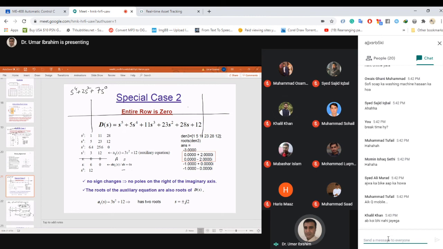यस सर। ठीक है, सो इमेजिन करें कि हमारा एक्स एक्सिस या रियल एक्सिस एक मिरर है, और मेरे यहाँ पे एक पोल आ जाए, रूट आ जाए। तो इसका मिरर इमेज कहाँ पे बनेगा? अगर ये आपका मिरर है, if the real axis is your mirror, इसका मिरर इमेज यहाँ पे बनेगा ना? ठीक है, अगर जो वर्टिकल एक्सिस है, इमेजिनरी एक्सिस है, अगर उसको आप मिरर कंसिडर कर लें, तो फिर इस रूट का मिरर इमेज फिर कहाँ पे बनेगा? सेकंड प्लेन। ठीक है, यहाँ पे बनेगा। ये डिस्टेंस सेम होगा, लेकिन यहाँ पे बनेगा।